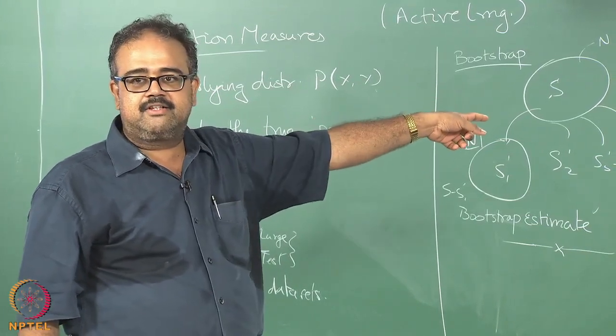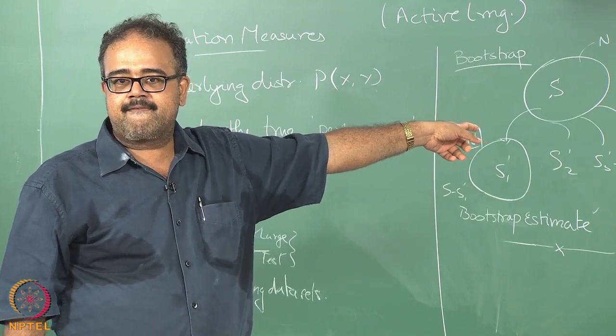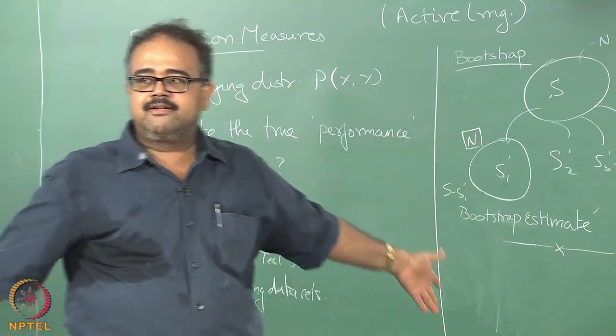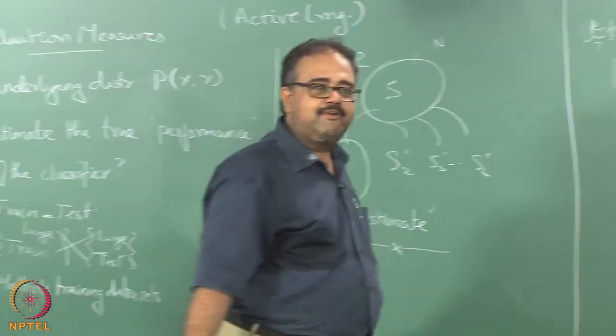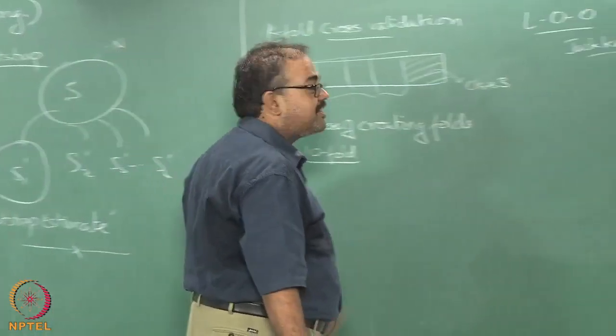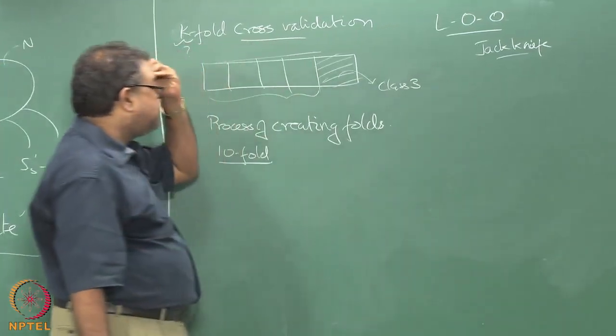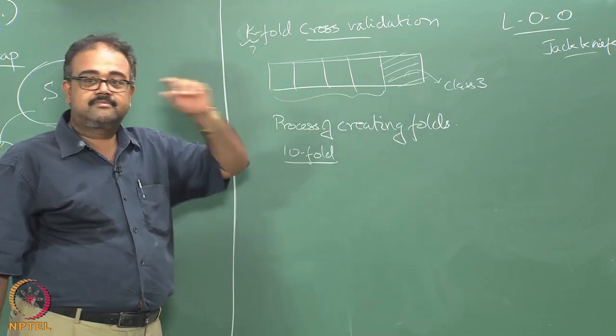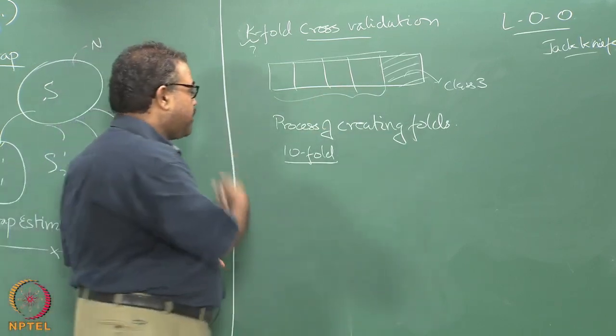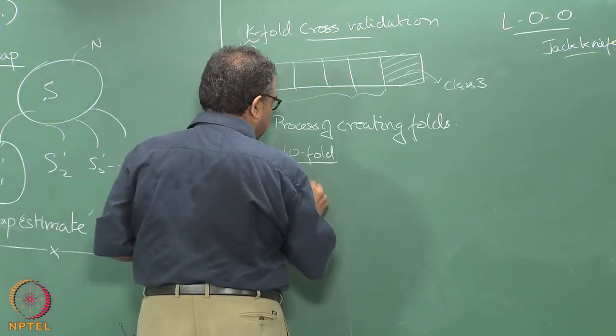Now if you try to test on this, what will happen? Right, because you do not even know there exists class 3. In your training you did not even know there was class 3, so you are going to get 100% error. So how do you avoid that? Shuffle the data. In fact, I do better than that. I do what I call